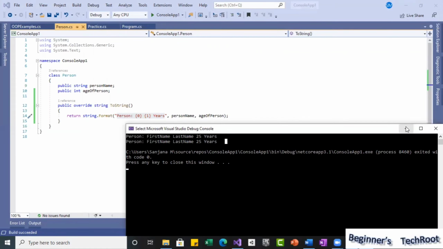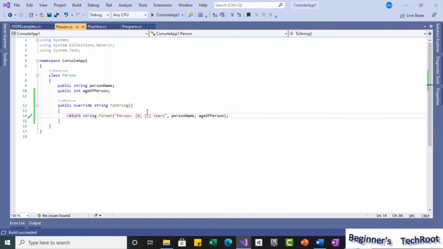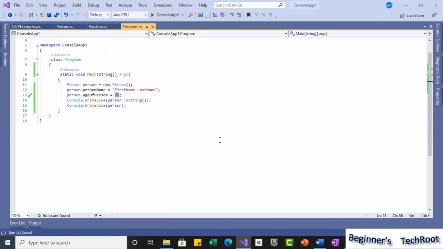This is just a simple implementation I have given to understand, but here you can write any number of statements, or whatever functionality you want, you can define and do it. You can make it the overriding. To understand the concept, I have taken a simple statement in this overridden method. So this is about method overriding. This is a simple method overriding we understood.